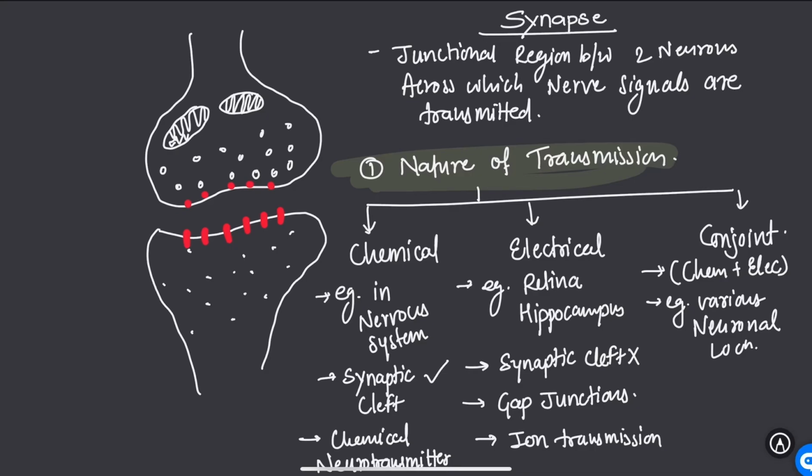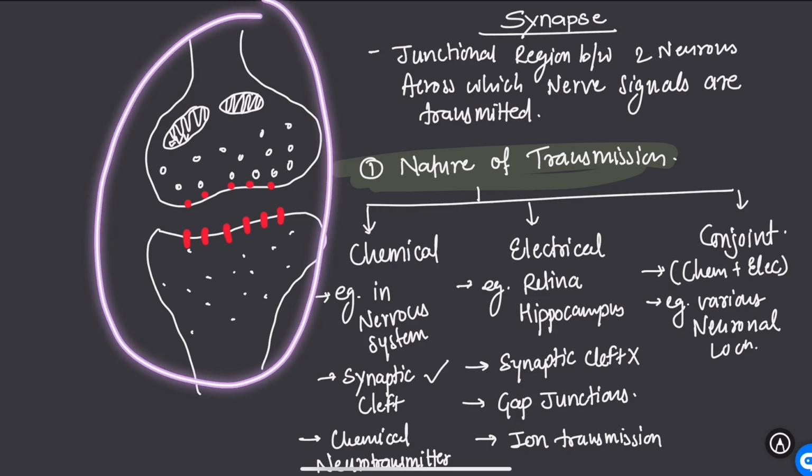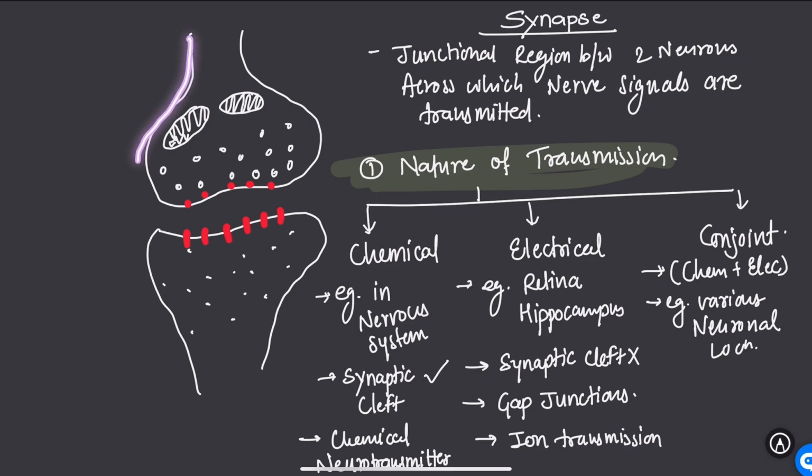Which is the first topic of the central nervous system. So here we can see the figure of our synapse. So this is your presynaptic neuron, this is the postsynaptic neuron, and these are your receptor proteins, and this is your neurotransmitter which will be released from the vesicles through this presynaptic terminal, and this is your synaptic cleft